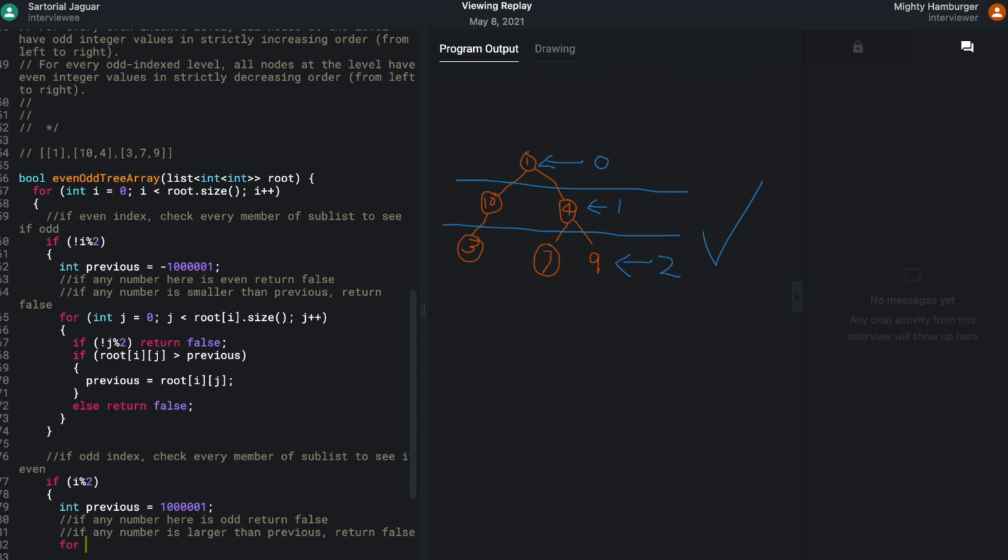Or I could just copy that, but I'm trying to copy paste as little as possible. Another dev I used to work with did that. If j is less than root i dot size, j plus plus.